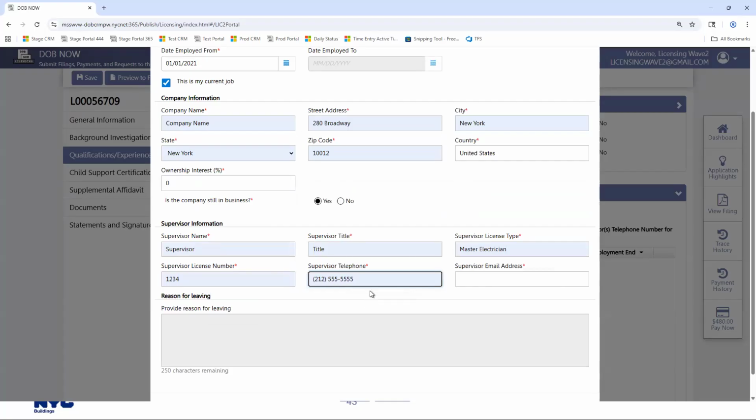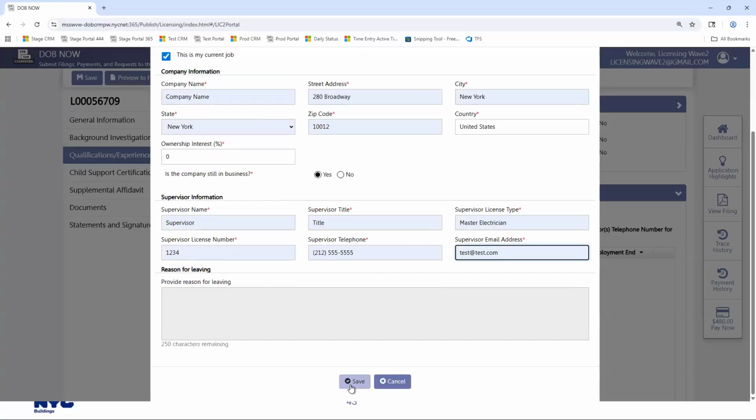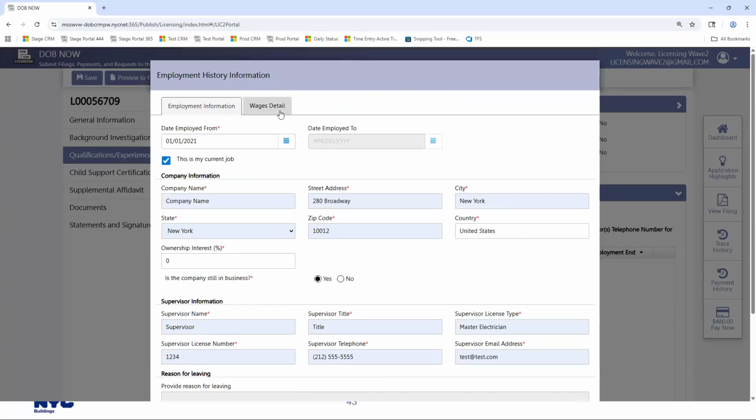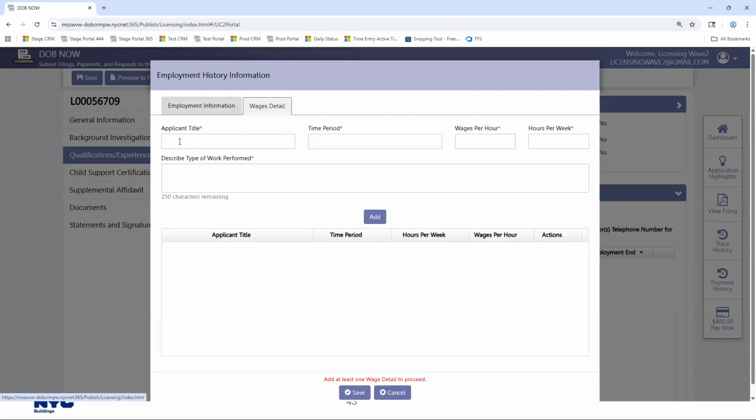It is not going to auto-populate because you haven't entered it before. Mine does because I have entered it before. I don't need to enter the reason for leaving because I'm saying this is a current job. Now, if I try to click save at this point, it's going to tell me I need to add a wage to proceed. So we're going to go to the wages detail tab and we need to enter